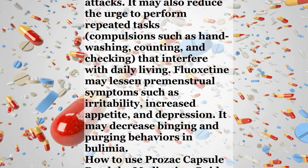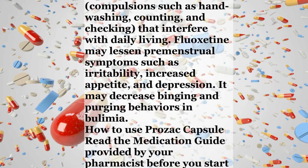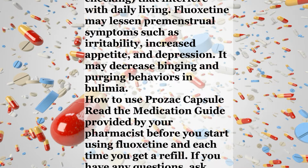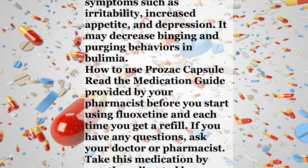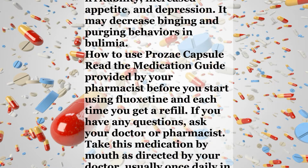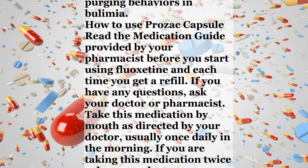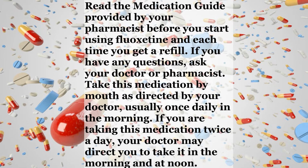How to use Prozac capsule. Read the medication guide provided by your pharmacist before you start using fluoxetine and each time you get a refill. If you have any questions, ask your doctor or pharmacist. Take this medication by mouth as directed by your doctor, usually once daily in the morning. If you are taking this medication twice a day, your doctor may direct you to take it in the morning